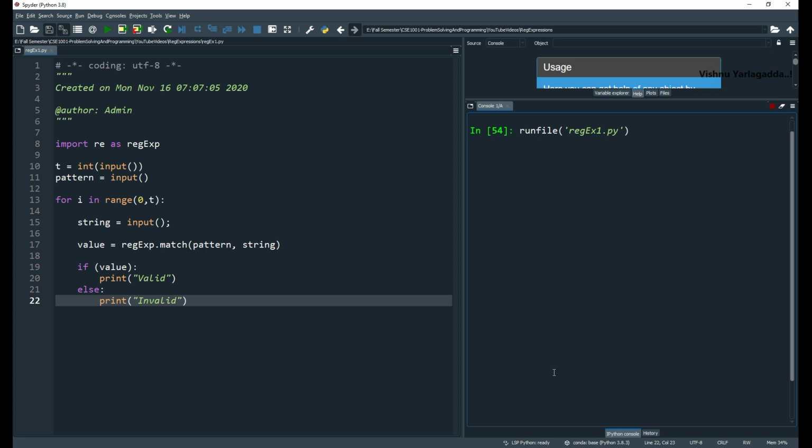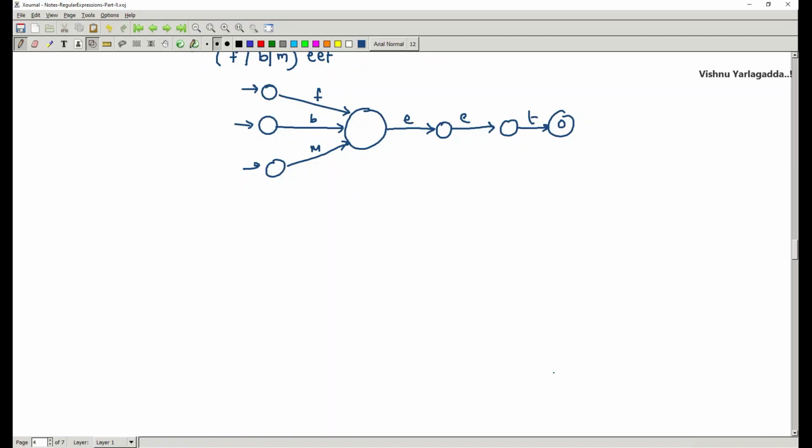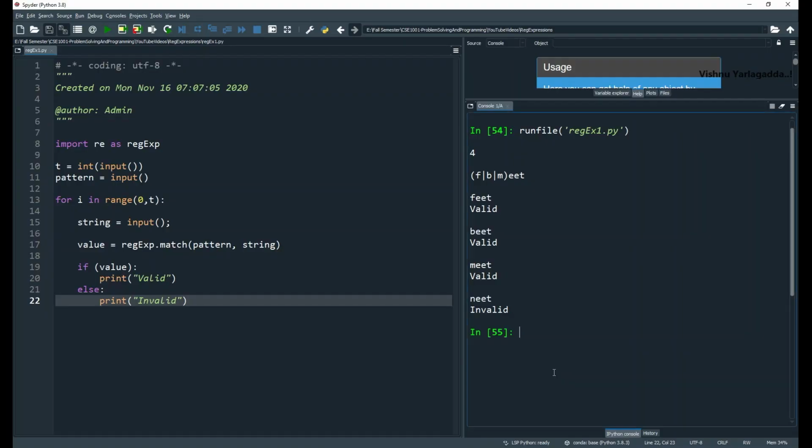Here I'm going to give 4 test cases, and the pattern is either F, B or M, followed by EET. Feet valid, beat valid, meet valid, neat invalid. It should start with either F, B or M and be followed by E, E, T. This is a must.